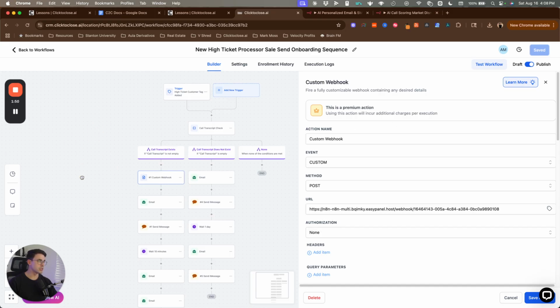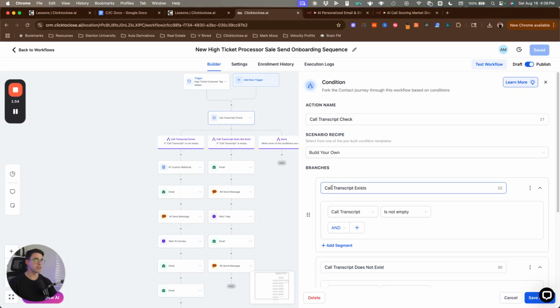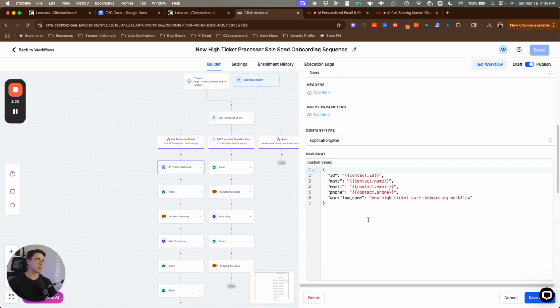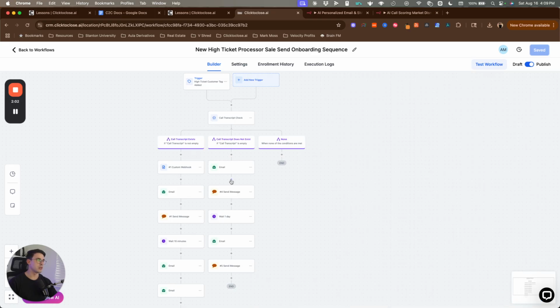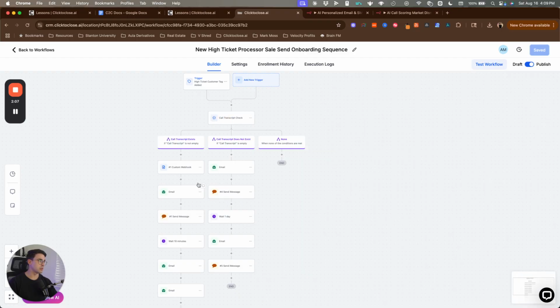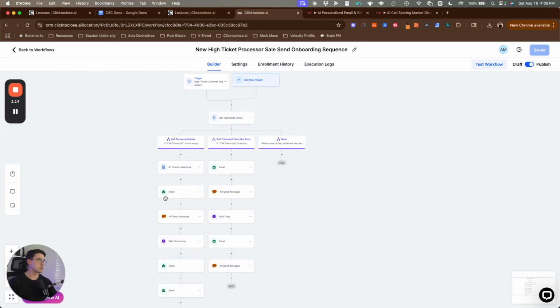But regardless, whenever they join here, this workflow, we can check for the existing call transcript or not, because if this information is non-existent, you're not going to be able to create a successful message here. Okay. I typically prefer to add this condition, but it's going to be up to you. If that's something that you want to add as part of your message, I would highly recommend during the onboarding message. But just as this example over here,